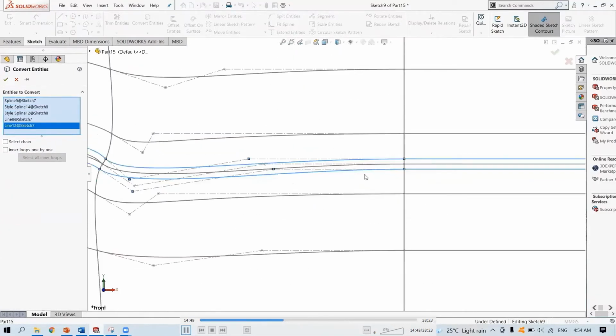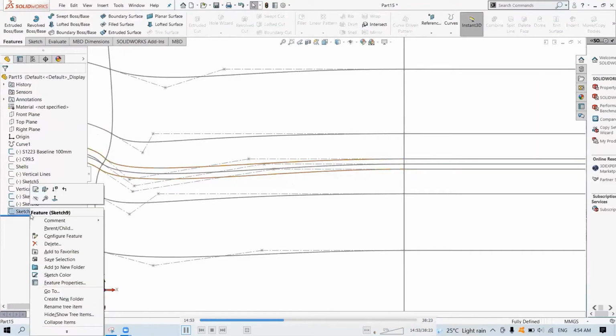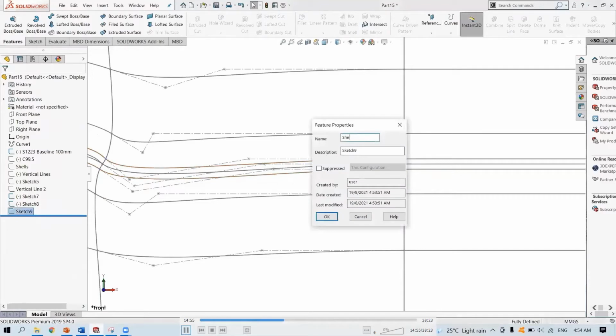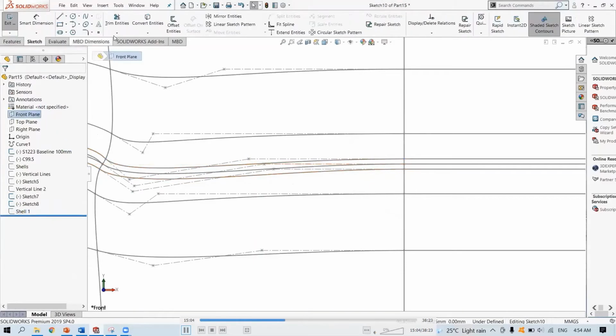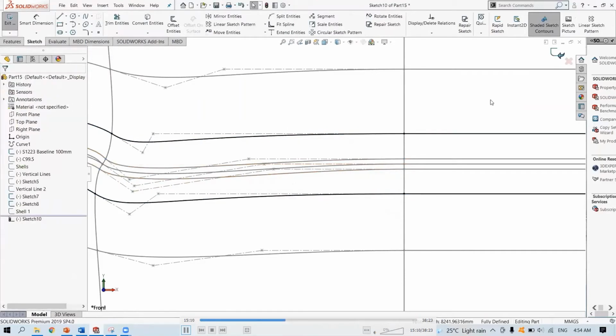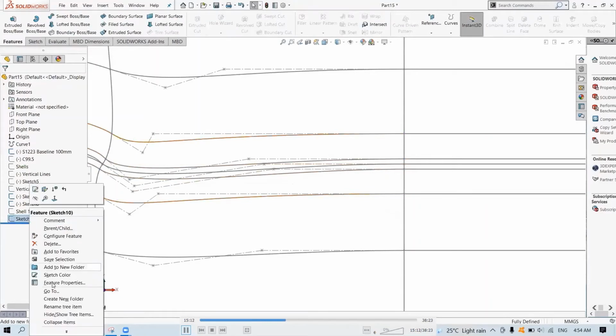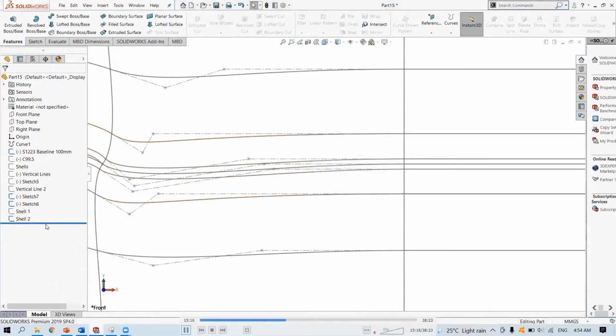Just convert the first shell so that I can isolate them. Rename it Shell 1. Height. Do the same thing for the remaining shells. Shell 2. Height.